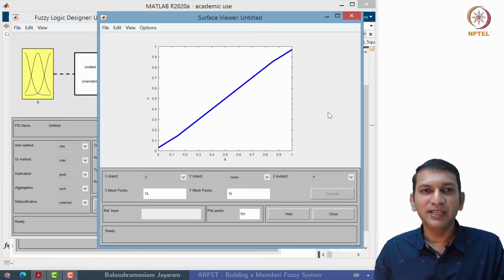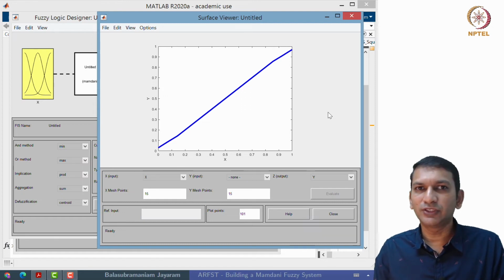While operations are easy to choose, once you choose them, the overall output is going to change. And what we have to do is intelligently pick